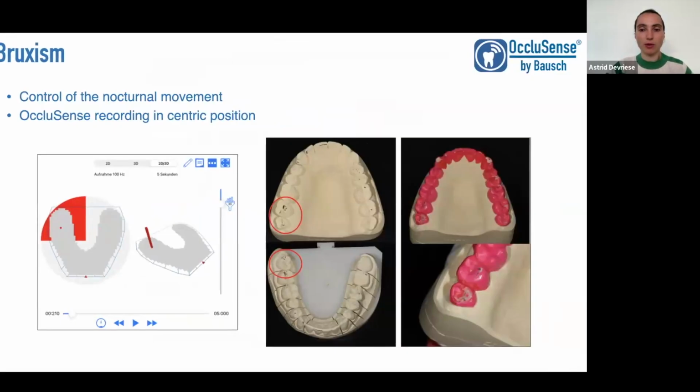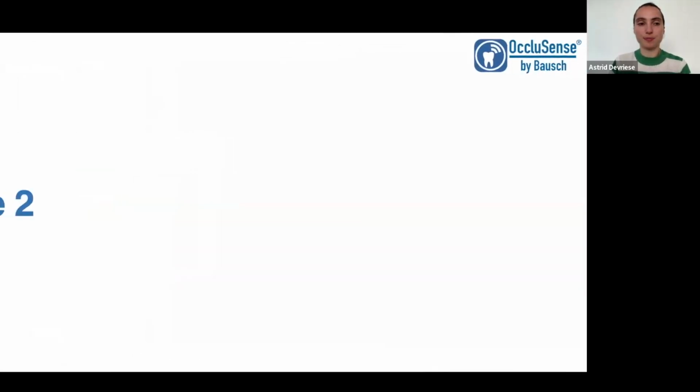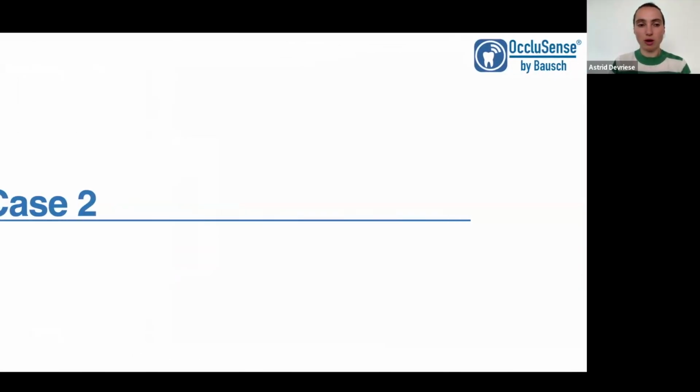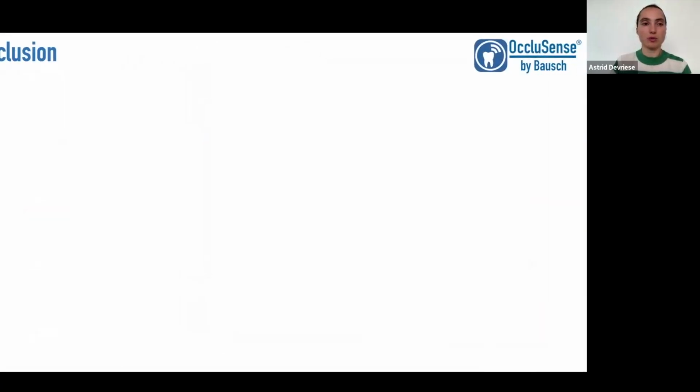And therefore, we can use OccluSpray, I don't know if you know this. It's really helpful to see where you have already removed some of the tooth material. Let us now come to the next case, where we had a patient